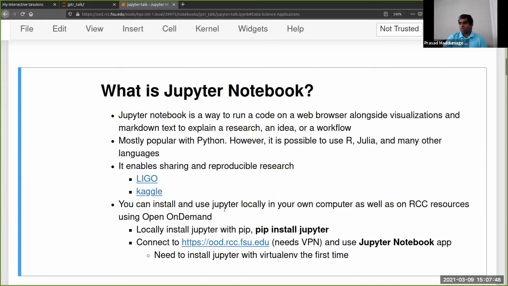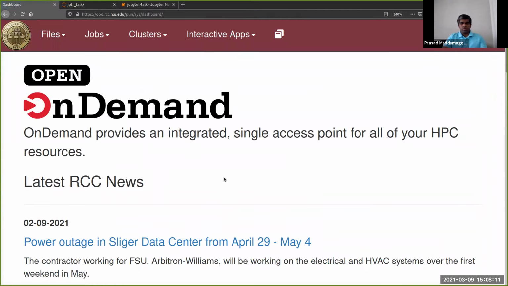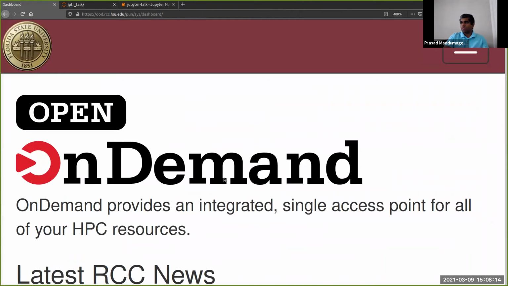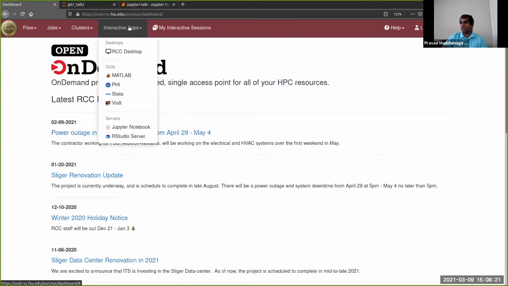Also, I'm sure most of you are RCC users. It's very easy to use Jupyter with Open on Demand. You log into this website, ood.rcc.fsu. Okay, so I blew up the font size because I'm doing a presentation. So this is the website, and if you go to Interactive Apps, Jupyter Notebook,